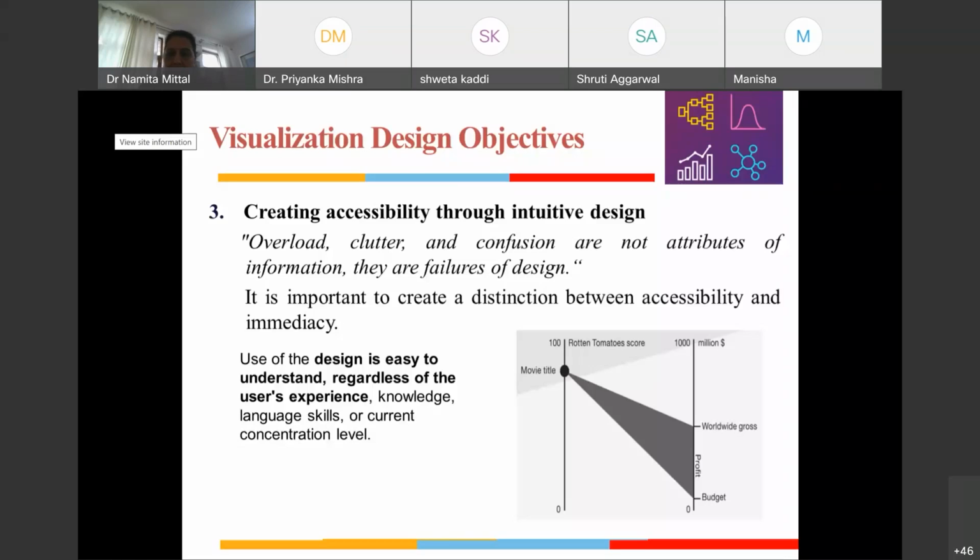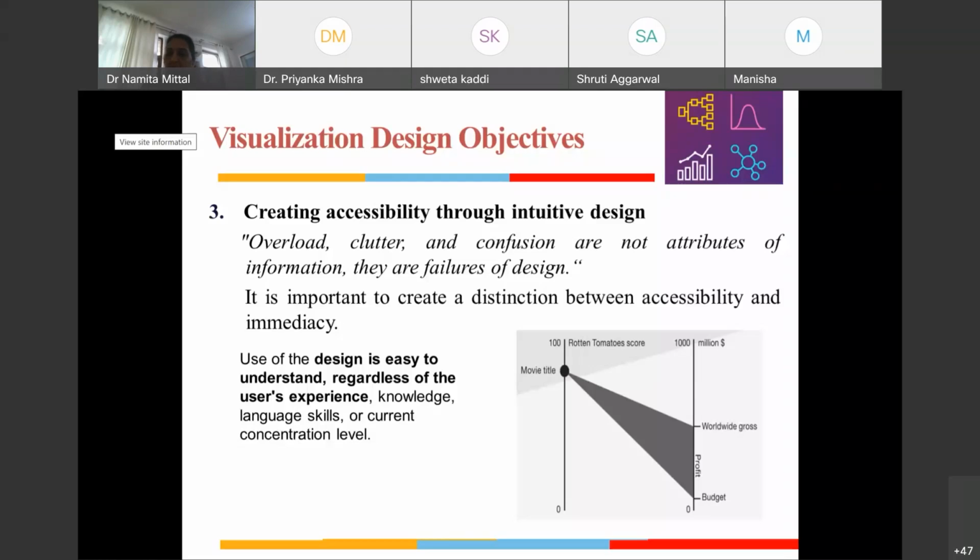So for my understanding, and it must be from your side as well, it's not giving the actual idea. So overload, clutter, and confusion. These are the attributes making our design fail. It is cluttering, too much saying. We don't have to tell too much of a story in one visual. Don't keep overload. So design must be easy to understand, regardless of the user's experience, knowledge, language skill or